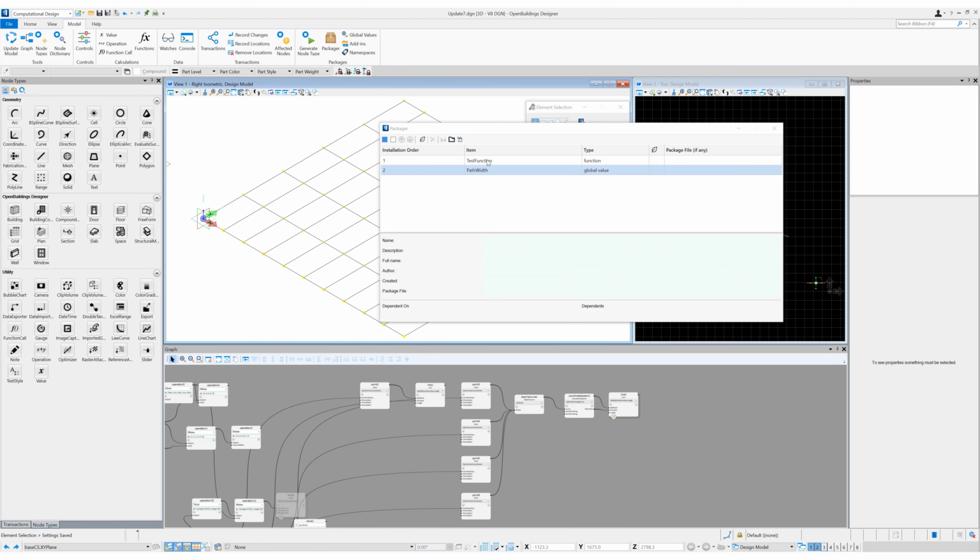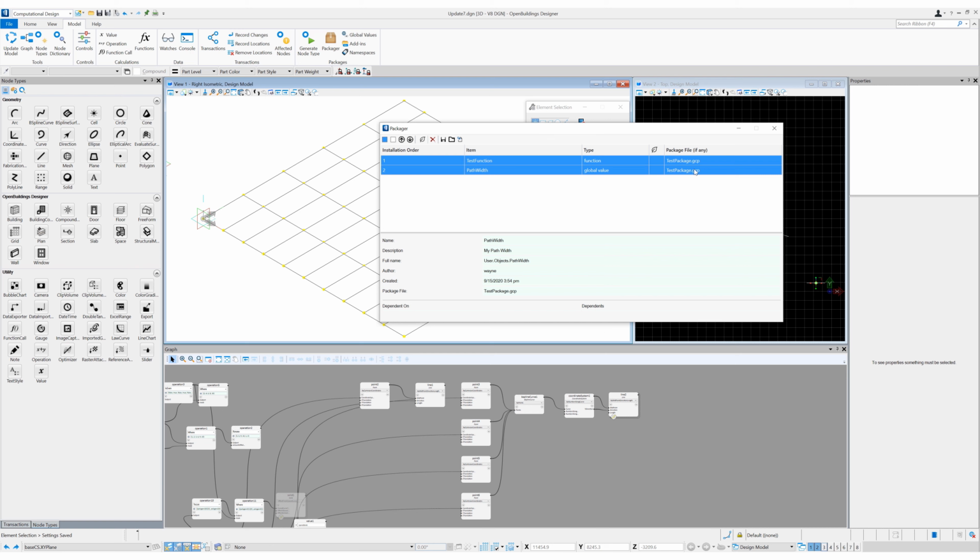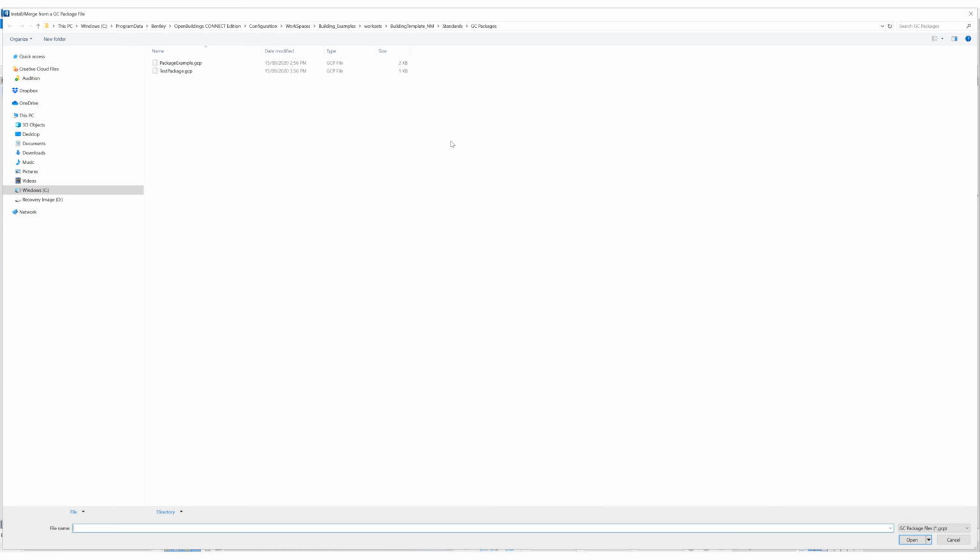So if we close the function dialog box and head back to the packager window, let's select both the function and the global value, and we can click on the save icon to save this to an external file. And for this, I'm just going to call it test package. Now you can see that name has been listed next to the items in the packager window. You can not only save them, but you can also load them. So let's click on the folder icon, which is described as insert/merge,